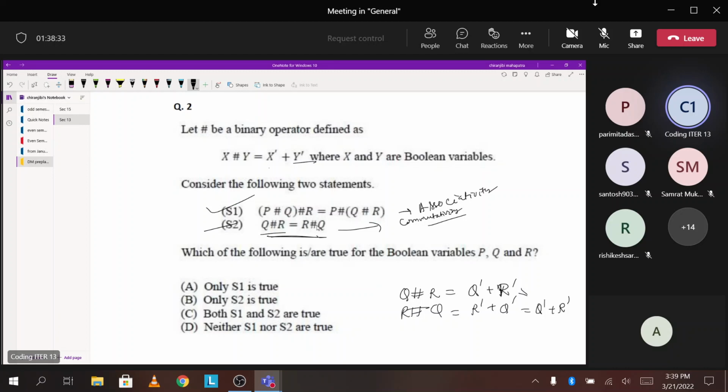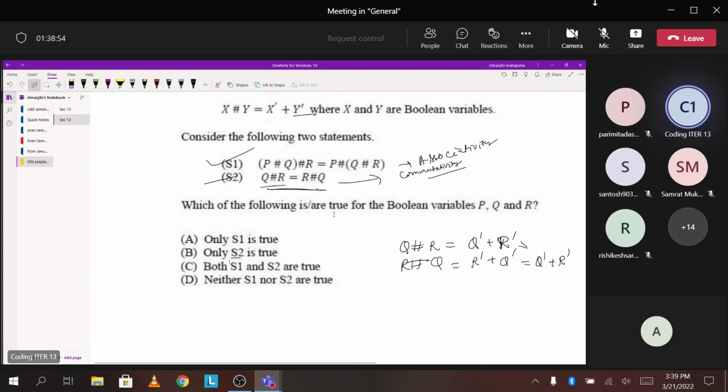That means s2 is true, s2 is true। तो इसका मतलब d और a कैंसिल आउट हो गया, मतलब अभी तक s2 is true हमें पता है, either both s1 s2 are true होगा, नहीं तो b और c में से कोई एक होगा, ठीक है। So right now check that whether it is associative or not, ठीक है।